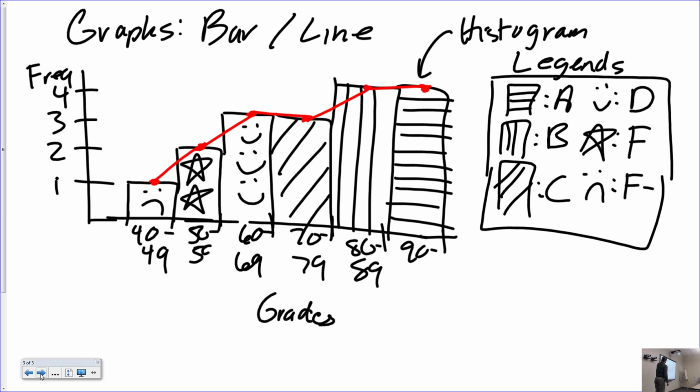So I don't want to beat the bar graph and the line graph to death, but I do think that these are lost arts that you should be able to utilize when you need to. And if you just use Excel to do it, I'm okay with that, just as long as you know how to potentially get the legend to pop out in Excel, if you need it. If you do, great, use it. Then we're all good. Now, those are graphs that are nice, but the graphs that I really like,